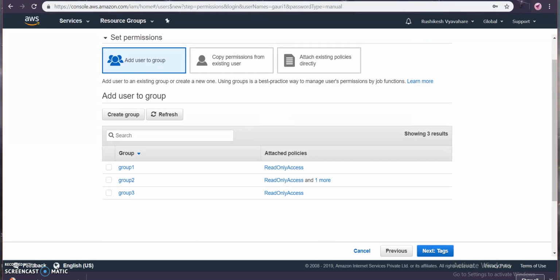Now you can add that user to the group. So I have created 3 groups already, as you can see, but I will create a new group for you and add a user to that group. So creation of new group, I am giving a group name as group 3. First click on create group